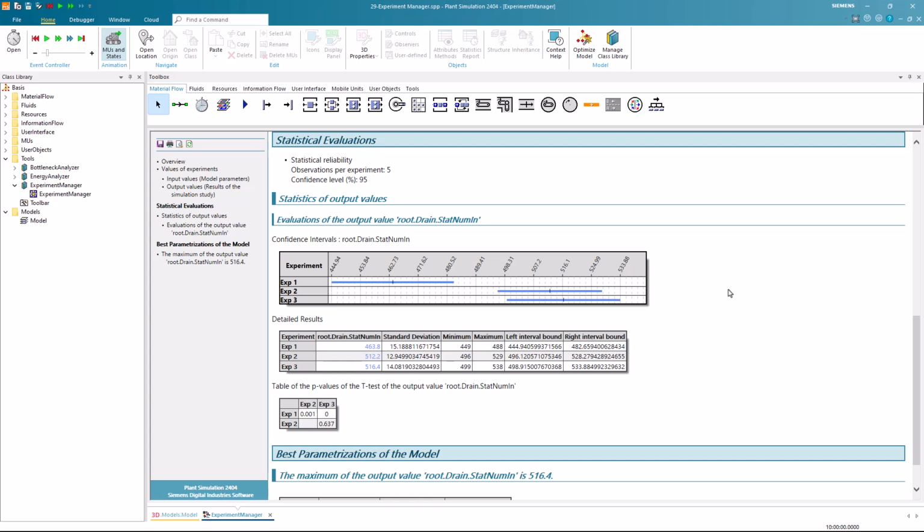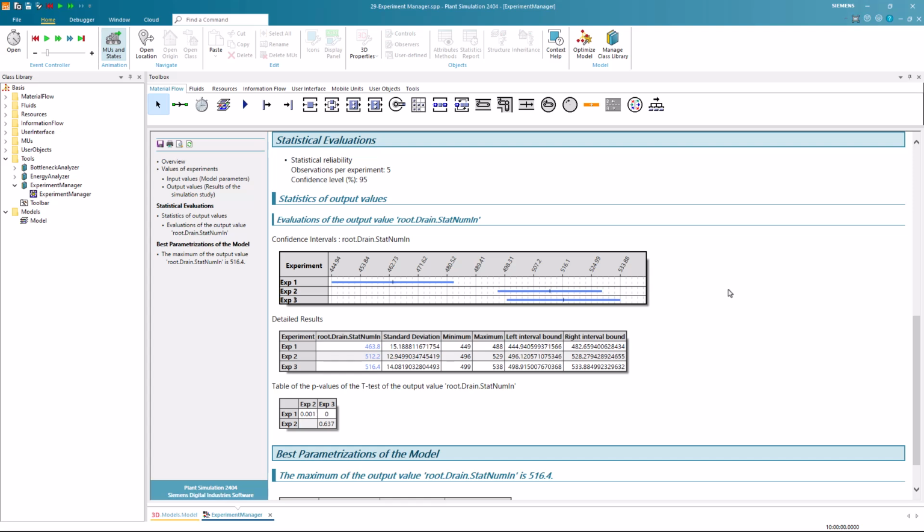Since this value is less than 0.05, we consider the difference statistically significant, meaning the increase in the number of parts from experiment 1 to experiment 2 is likely due to a real effect rather than chance. The remaining value in this row is even lower than the first one, so the same conclusion applies.